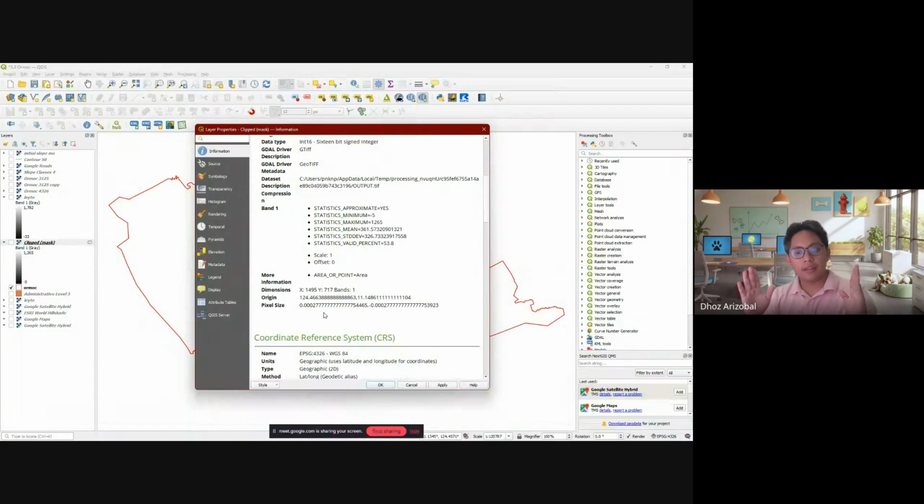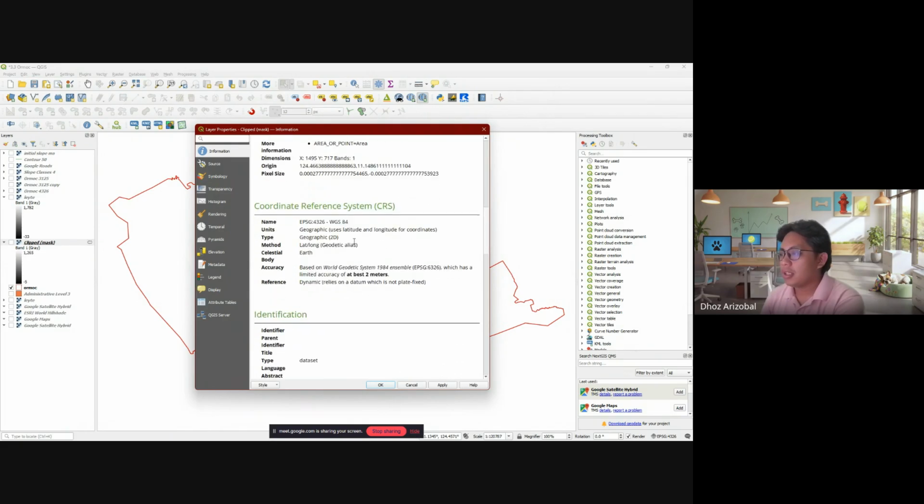It's a defined length given on the earth, and if it moves 1 degree, that degree corresponds to the sector, so s = r theta. So that is the pixel size. If pixel size is denoted in this, that means your CRS is in latitude, longitude. So it's in lat long, for example 124 degrees north, 5 degrees east.